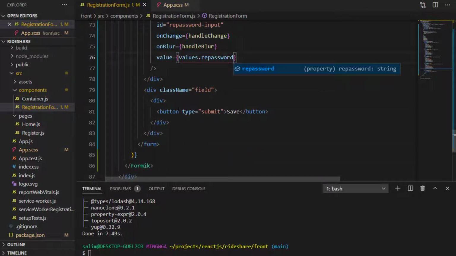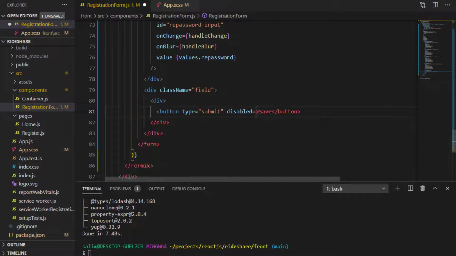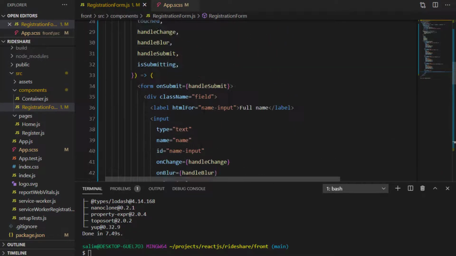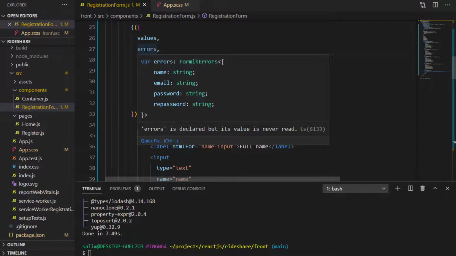Alright, now for the button I need to disable it. Once the form is working, I will set the value of disabled to isSubmitting, which is provided in the parameter. Now for the errors,